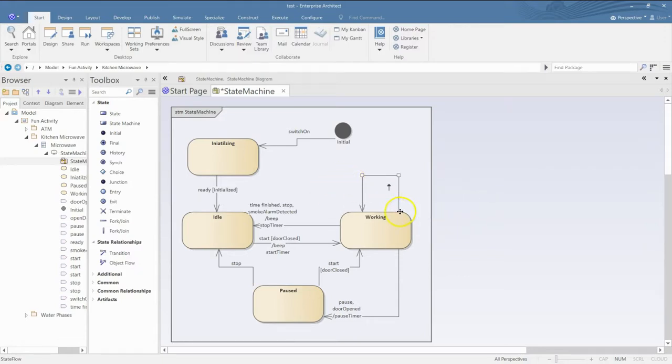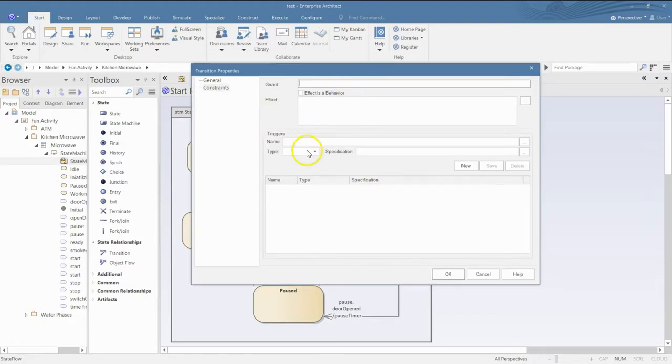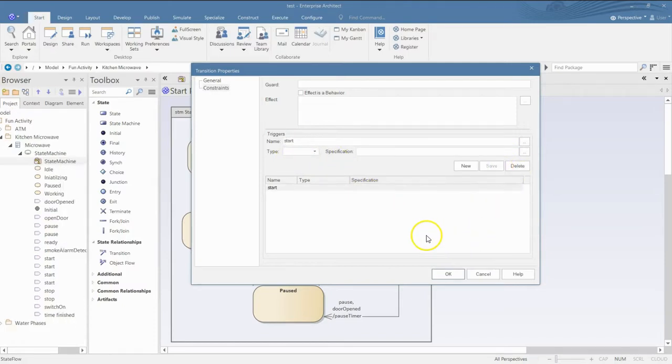Okay. So here what I do is I show that the event is start. Okay. So I save it, and the guard condition is working. That is, it means it is doing some kind of cooking. Okay.